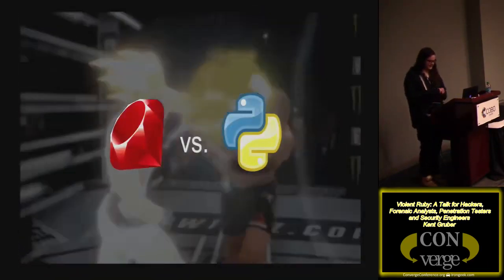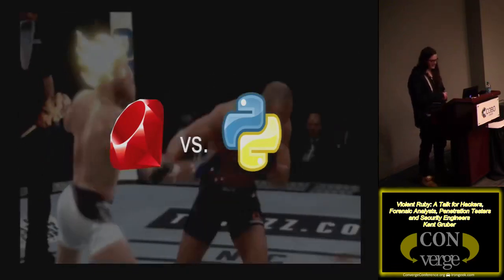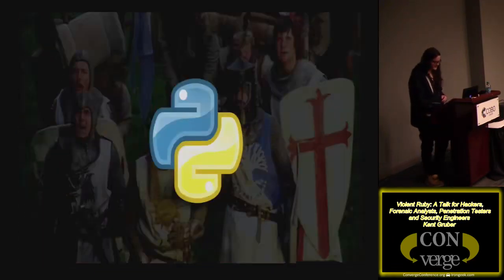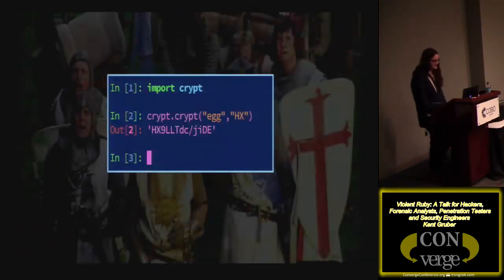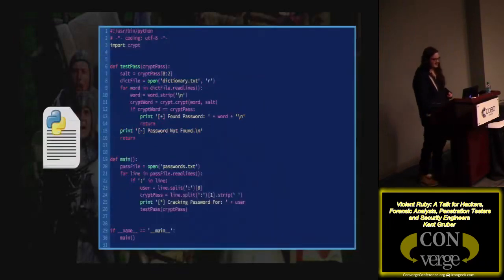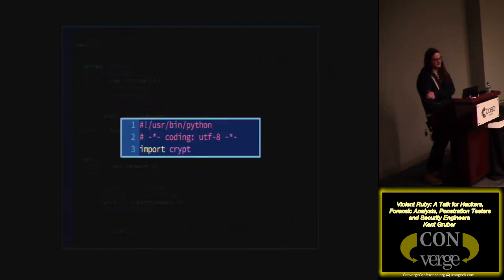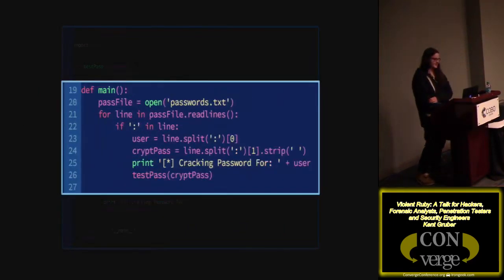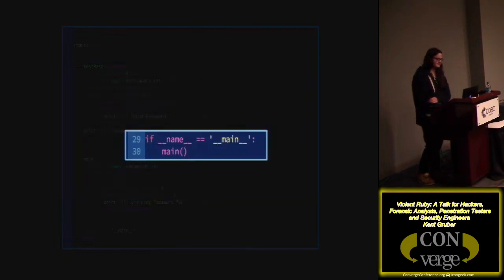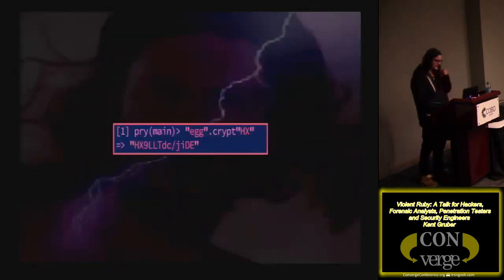So really quick, some Ruby versus Python stuff, I guess. Getting to the end of this, really. Ruby, Python, Unix password cracker. Very simply, this would be the guts of that Python stuff, from the Violent Python cookbook. So basically, you go through that, you test the password, and then that's the main function. It'll run if we are the name of the program that we're running, then we'll run the main function. And so that would be that.